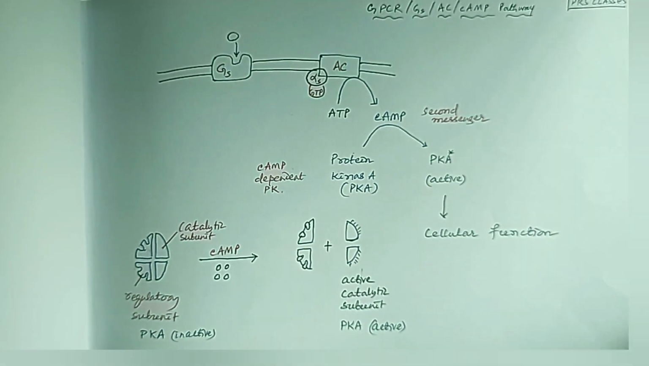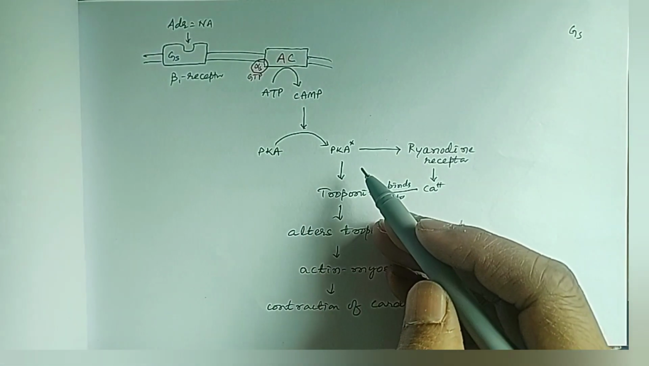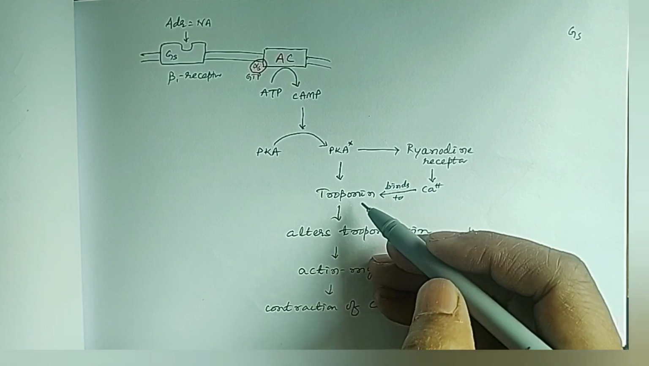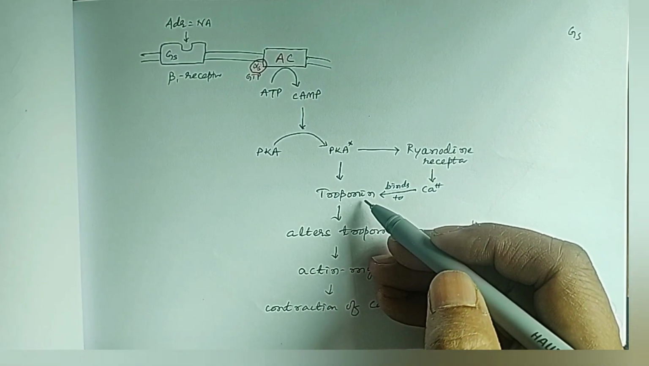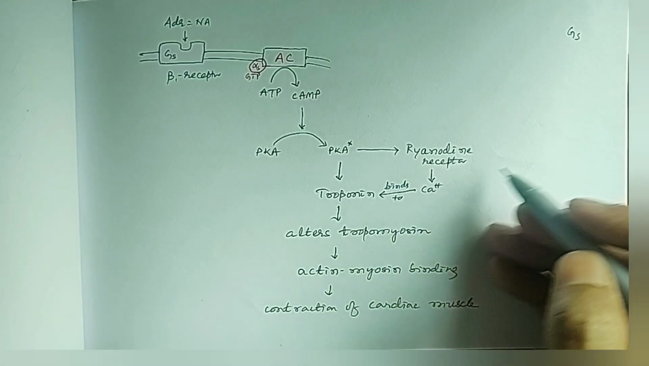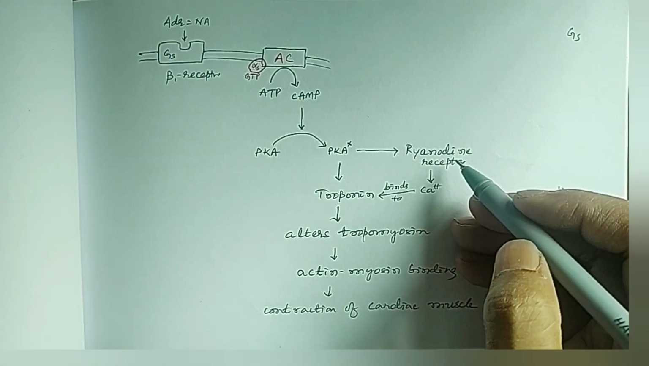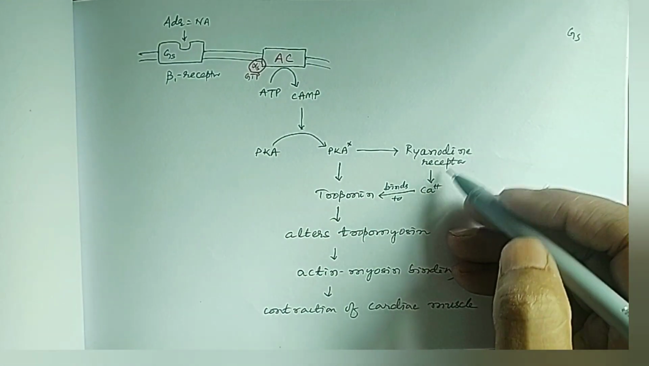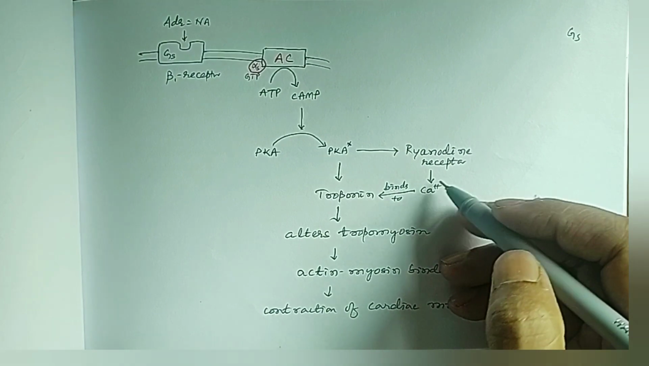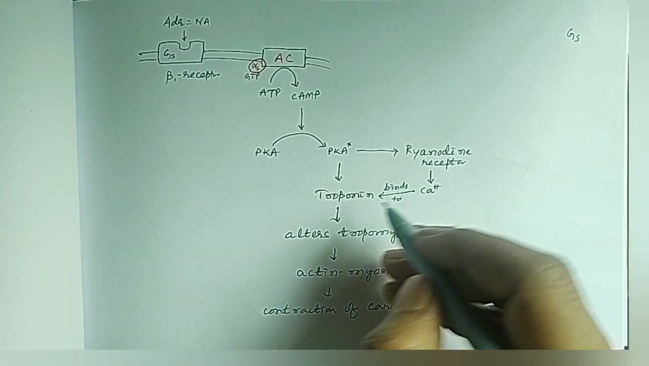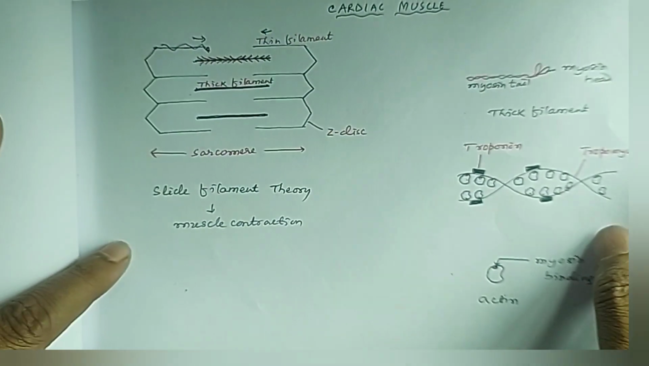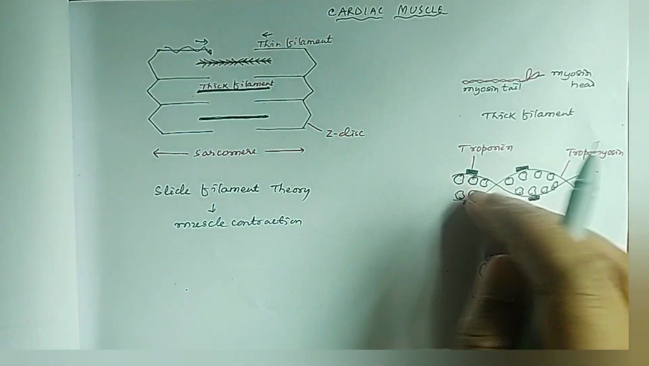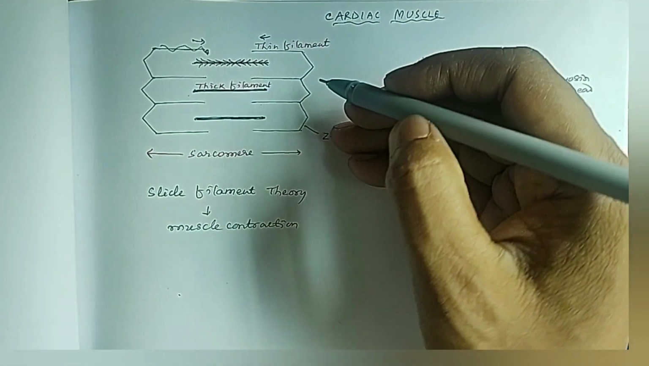active protein kinase A. And this active protein kinase A can activate troponin, the regulatory protein in cardiac muscle, as well as it will activate the ryanodine receptor to release calcium, and calcium by binding to troponin also activates troponin. So you can see the cardiac muscle. In the cardiac muscle